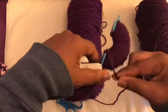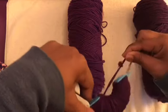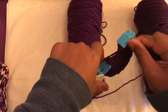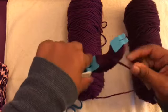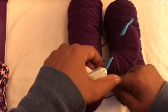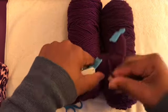97, 98, 99, 100, 101, and we're trying to go in layers, so 101, 102, 103,